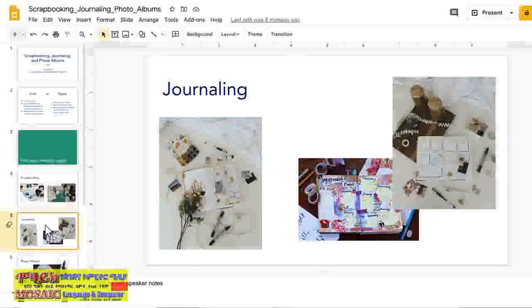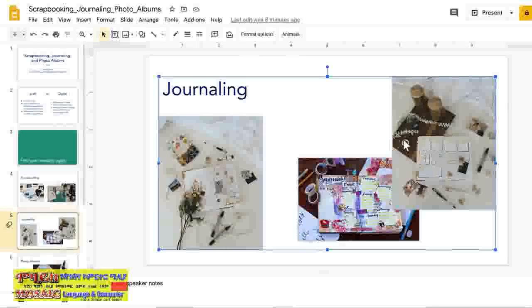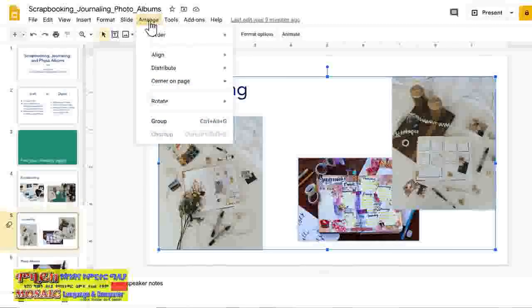To get started, we'll take a look at slide 5. This slide has some photos overlapping and one that is too far apart from the others. I want to distribute the photos horizontally, which will make them no longer overlap. To select all of the photos, shift-click each photo. Then go to Arrange, Distribute,